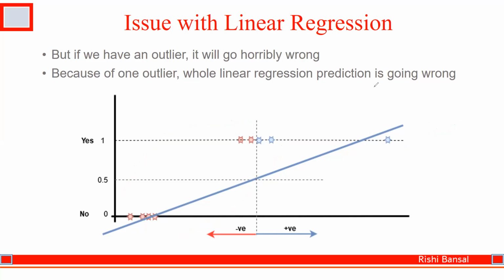So what happens if, from the previous example, we were having 8 points, 4 are these and 4 are these. Now suppose we got one data point here in our training set, okay? Then definitely your best fit line will distort a little bit towards the outlier, right? Because this point will influence the best fit line somehow, correct?